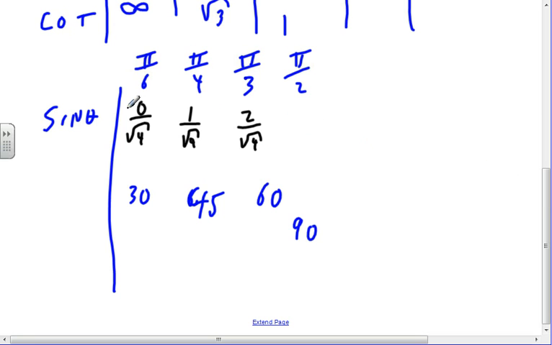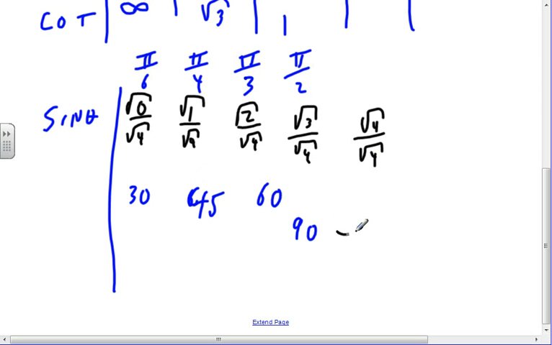Okay, I got it. The square root of 0, there we go, now I got it. The square root of 3 over the square root of 4, and the square root of 4 over the square root of 4. So this is a memory aid for 30, 45, 60, and 90 degrees. And then what's 0 over something? Well, that's 0. What's 1 over the square root of 4? That's 1/2. This is the square root of 2 over 2. This is the,